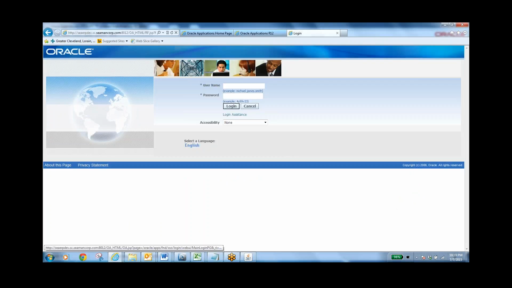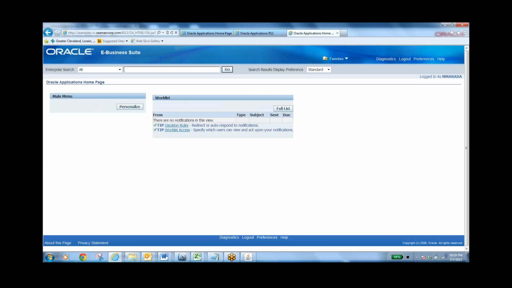Okay, you can open multiple instances as well. Okay, so when you enter the same thing,